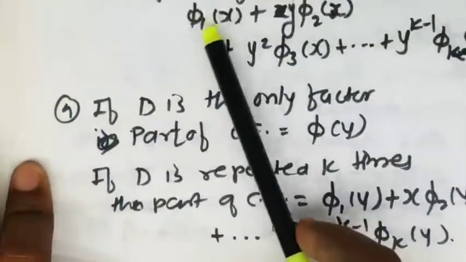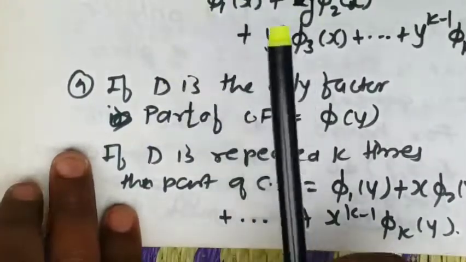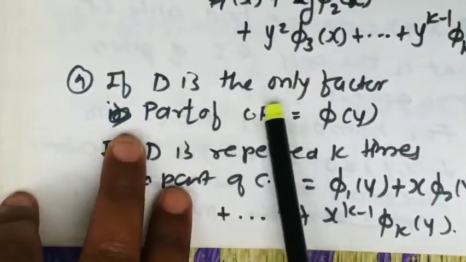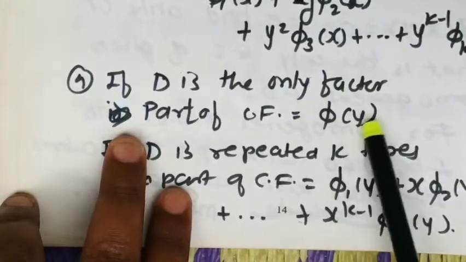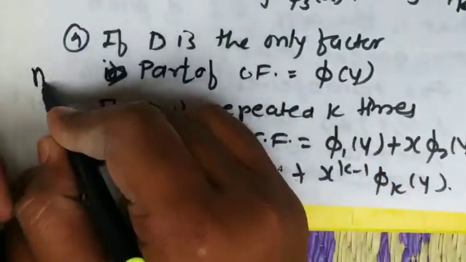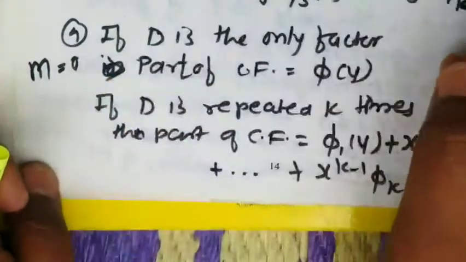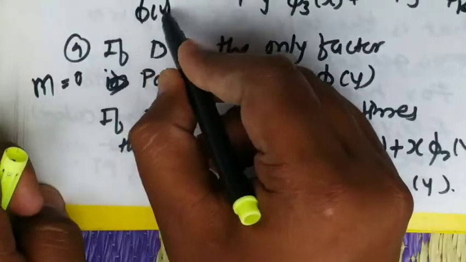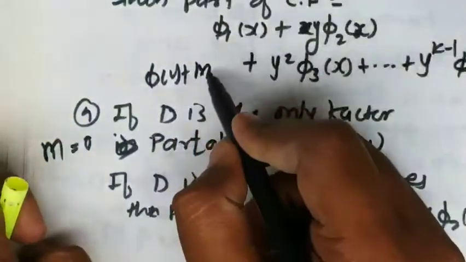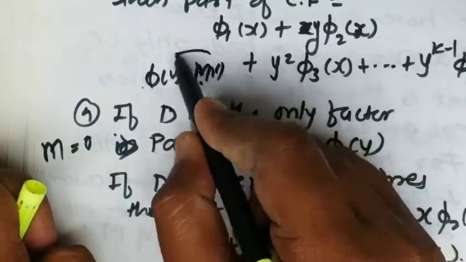And instead of d dash, if d is the only factor, then for that single factor you need to add this quantity phi of y in the solution, because the root will be 0. Right? We are going to replace d by m, so we get m only, and if you equate it to 0, we get m equal to 0. So in phi of y plus mx, this function we are using for that, if you put m equal to 0, we'll get phi of y there, right?